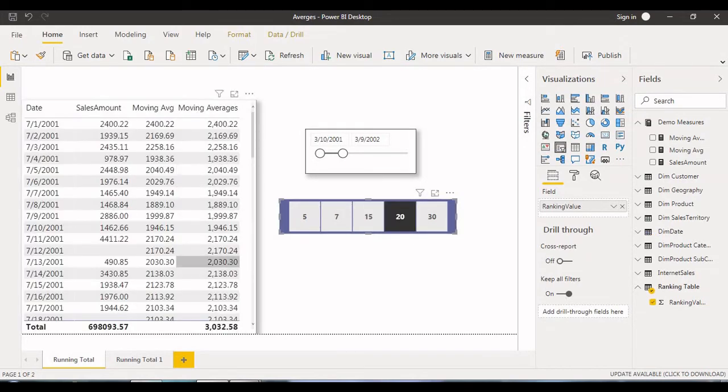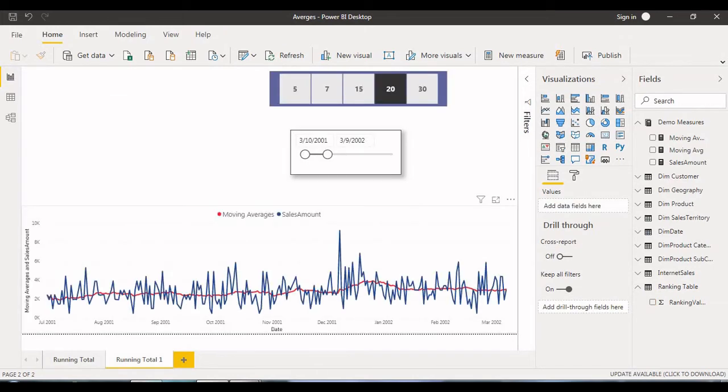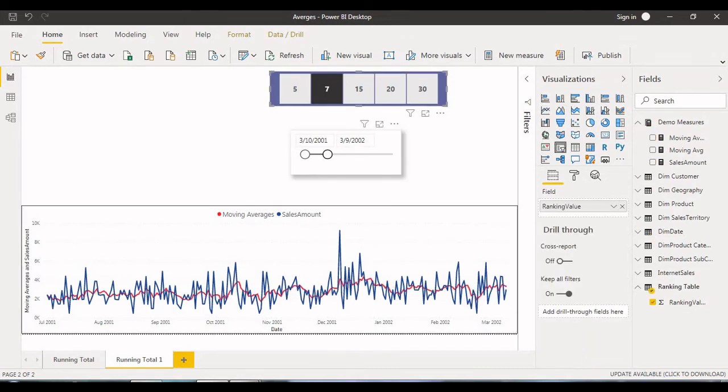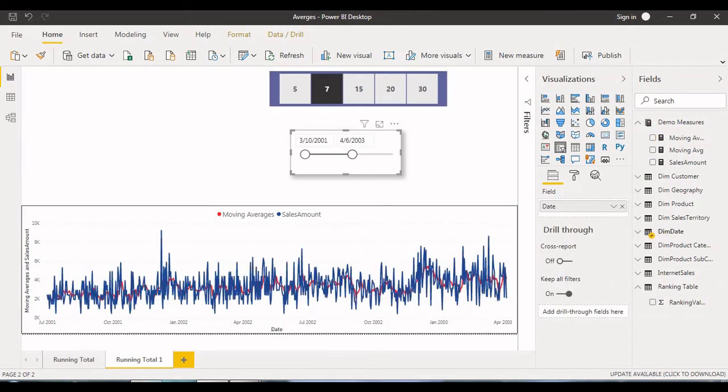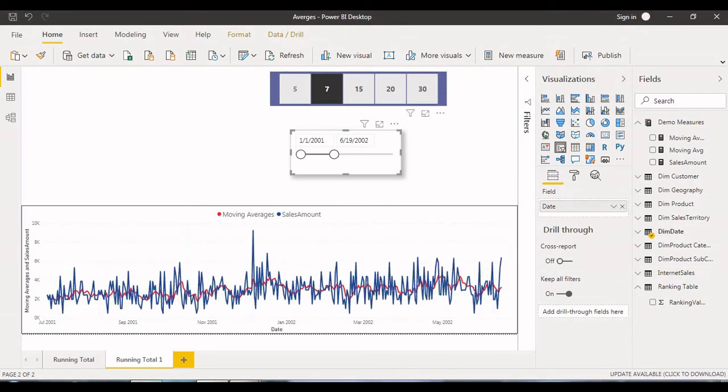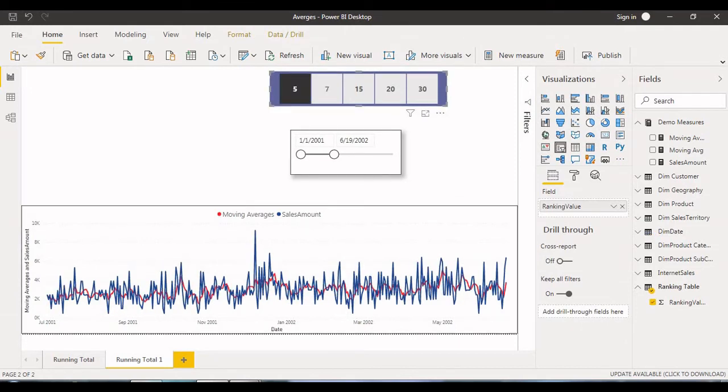This table is the same thing I'm replicating into this line chart so that we can easily understand. Here also it's the same thing. Now you can select any dates, and between those dates we can understand the moving average for 5 days, 7 days, 15 days.